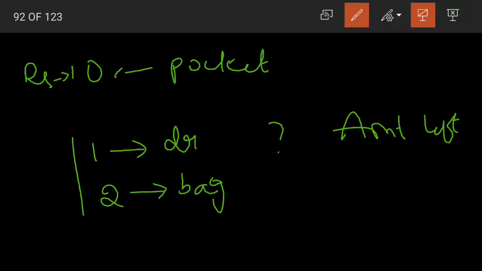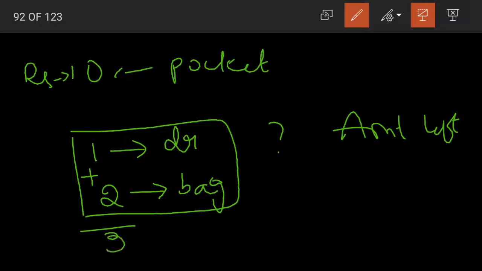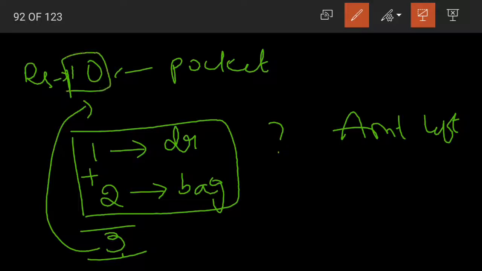What should you do? The total amount spent is 1 plus 2, that is 3, and when we subtract this spent amount from the total amount, we'll get the amount left. Yes children, so in the same way here we are given fractions, that 1 by 4th is spent on the dress and 2 by 5 is spent on bag. Now how much amount will she be left with? So the same concept, the same logic is applied here.